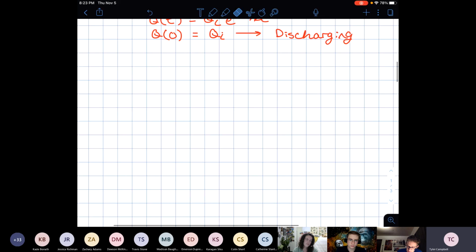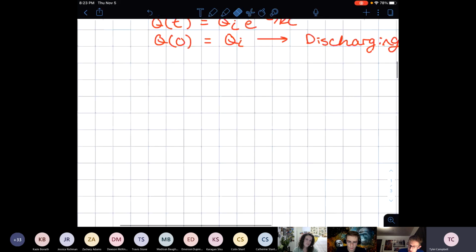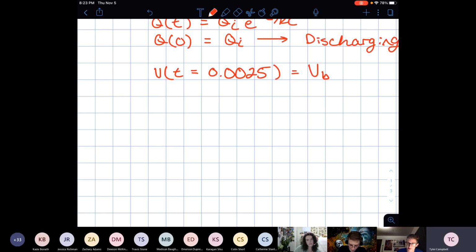So this first part says find the voltage after a certain time. Well, all I'm going to do is say voltage at time. In my case, it gives me 2.5 milliseconds, so it's going to be 0.0025 seconds. And I would just do the voltage across the battery, because that's the total voltage